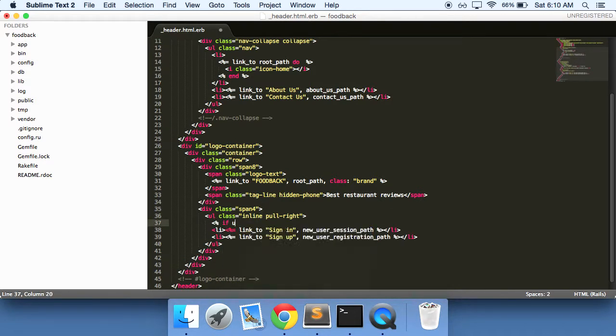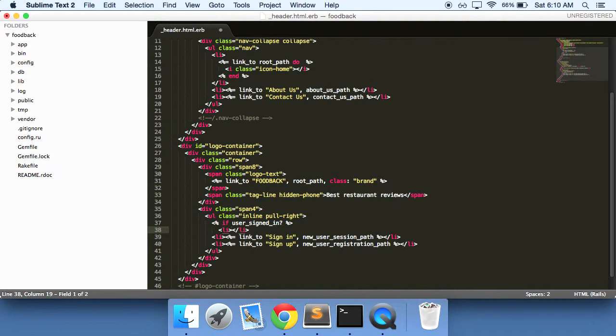put an if statement, if user signed in, and this user signed in is a method of Devise, so it's nothing that you have to create. Then create a link to sign out,